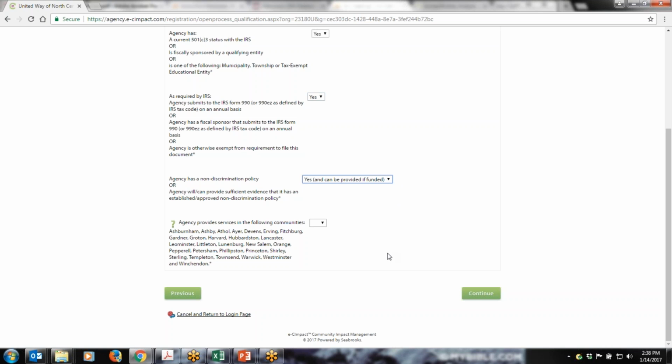Answer yes. And you also need to answer whether or not your agency provides services in one of the communities that serves the Community Foundation of North Central Mass. You do not need to be based in one of these communities, but you do need to provide services currently to one of those communities. So you're going to be answering yes,